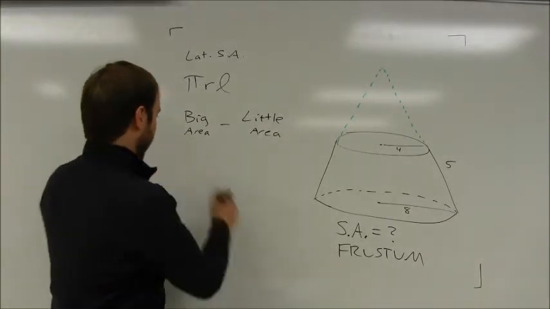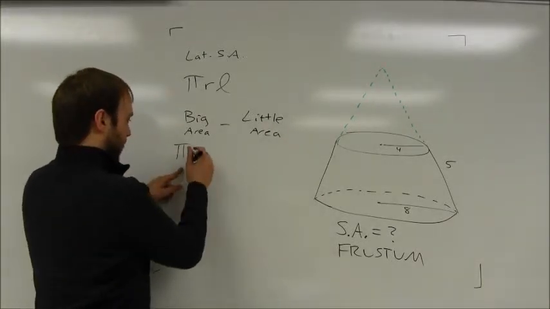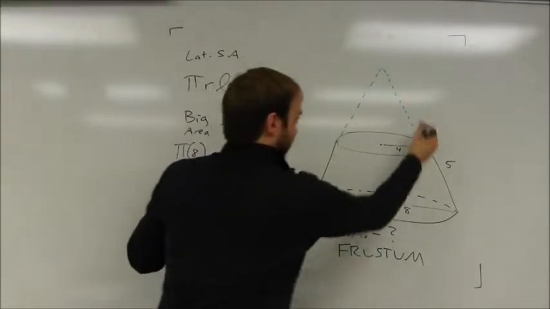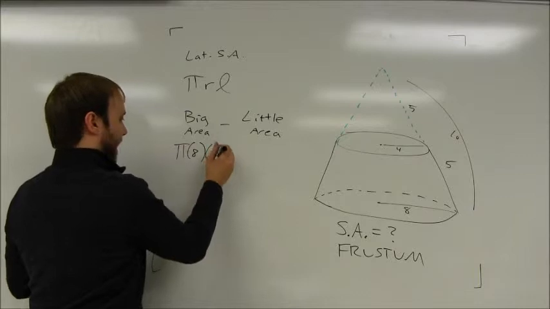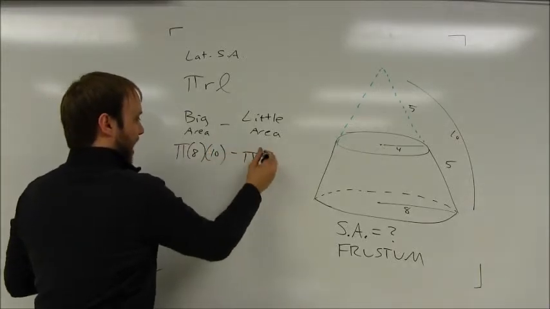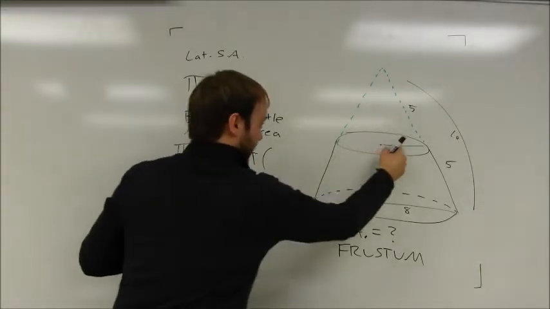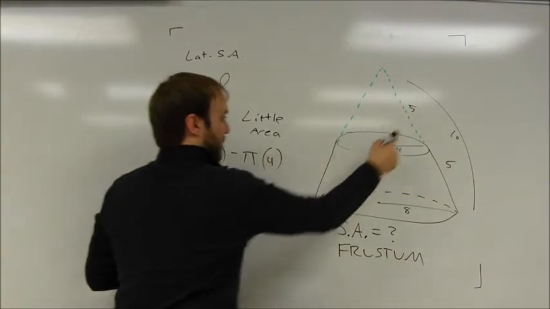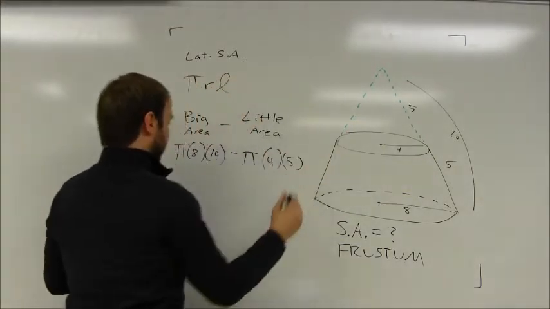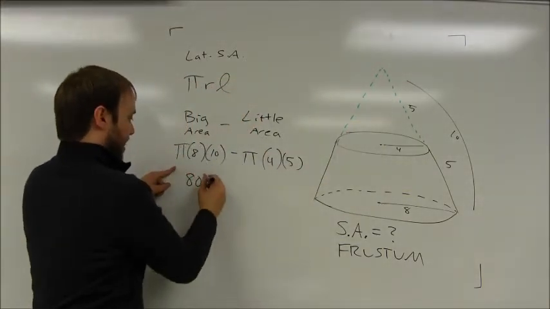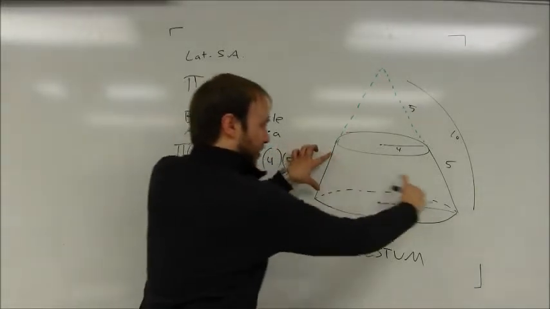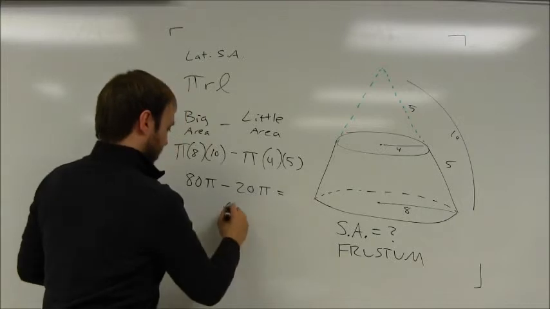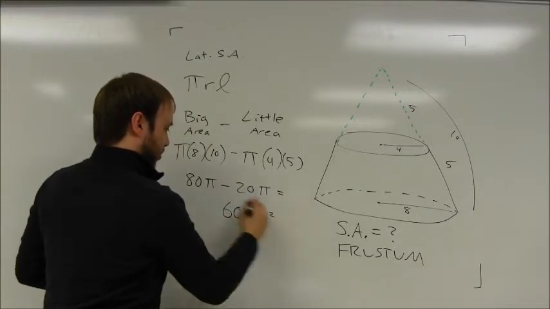So the big surface area is going to be pi times the radius of 8 times the slant height of 10. The little area is going to be pi times the radius of 4 times the slant height of 5. And so that's going to be 80 pi minus 20 pi. And that tells you that the frustum area out here is just going to be 60 pi square units,